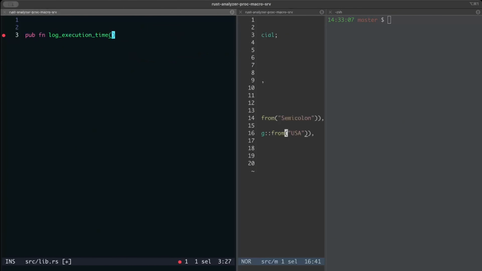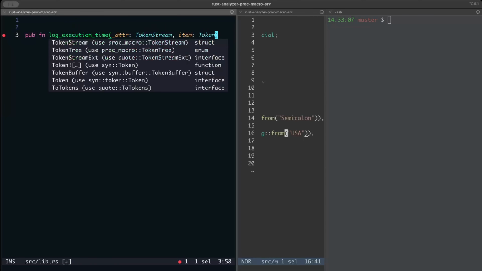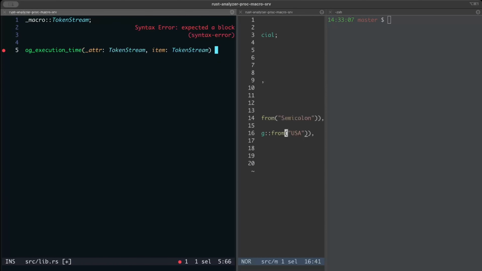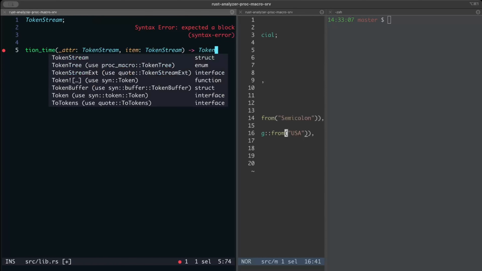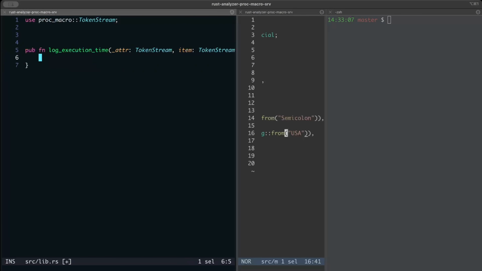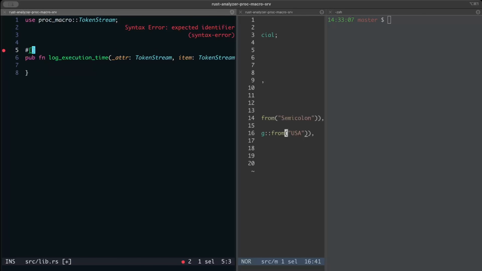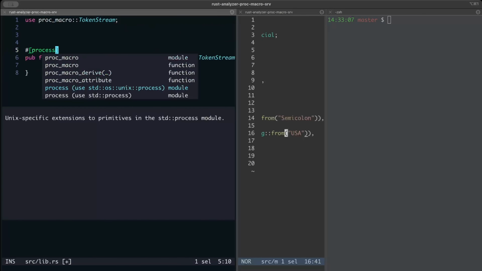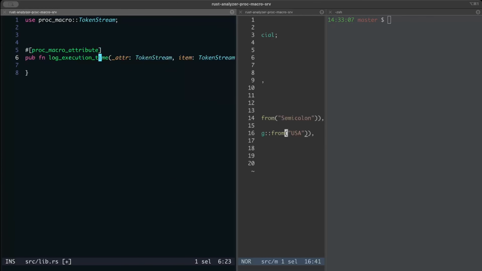So attribute TokenStream, item TokenStream, and TokenStream, and on top this time we'll just say proc_macro_attribute,